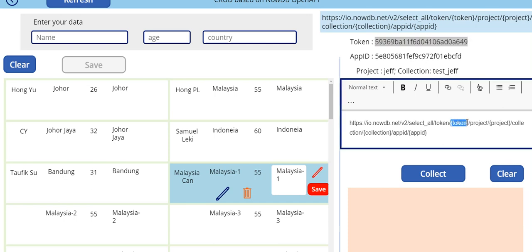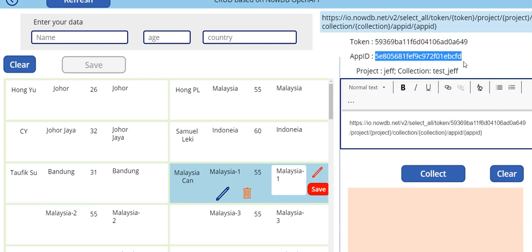Replace this curly braces token with the token number and this app ID with curly braces with this number. And for project, again, the project is Jeff. Remember, there's no double quote, it is just the text name. That's Jeff. I think that's correct.